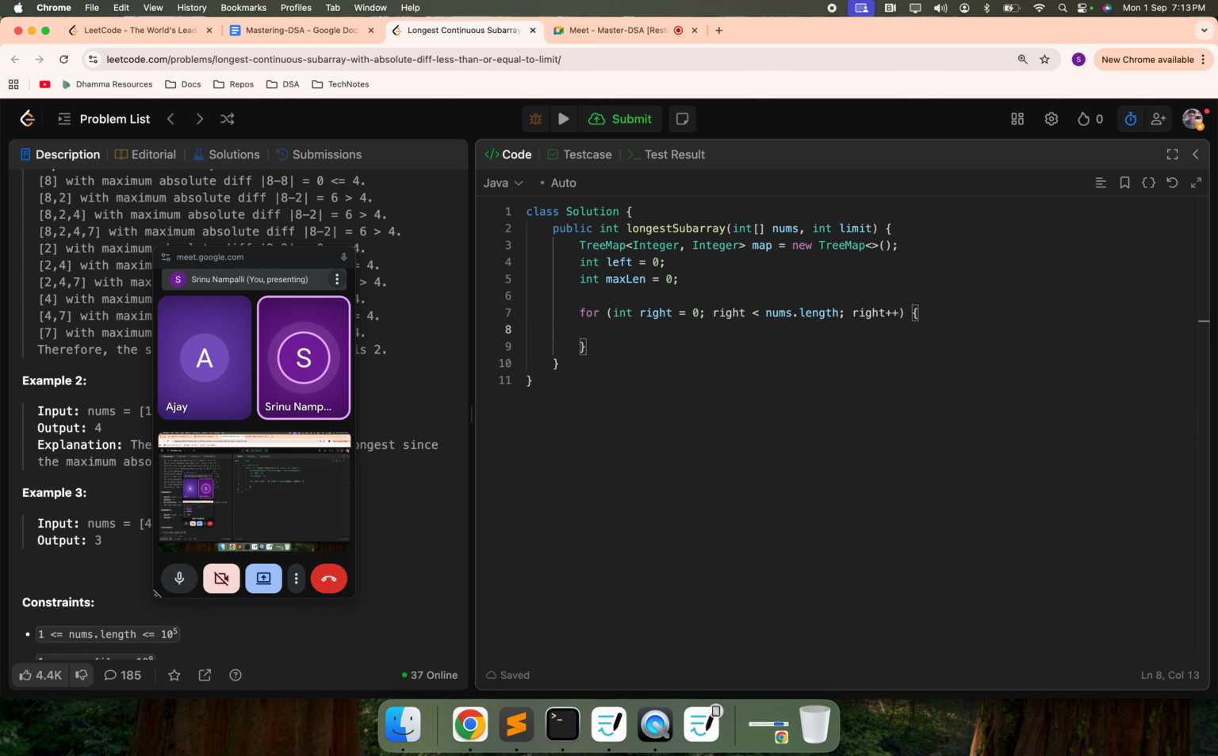So what I'm saying, first you will add the current right value to the map, right? So how do you do that? So you can take the current number, which is nums of right, and map dot put of num comma map dot get or default of num 0, plus 1. So it's time for us to get the